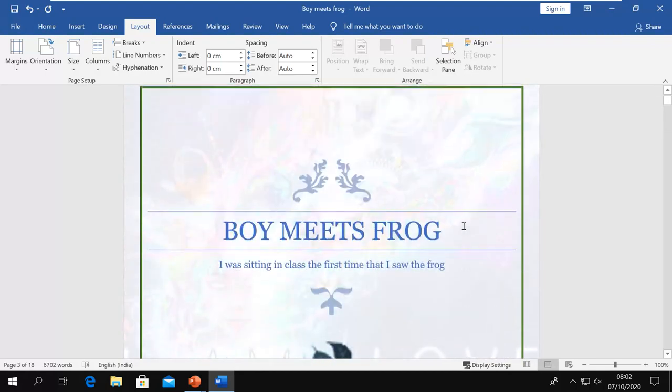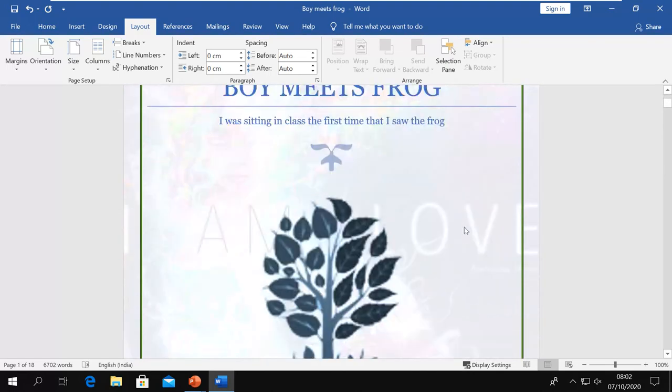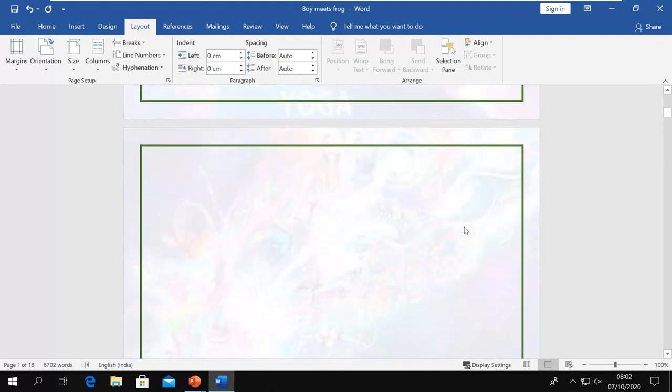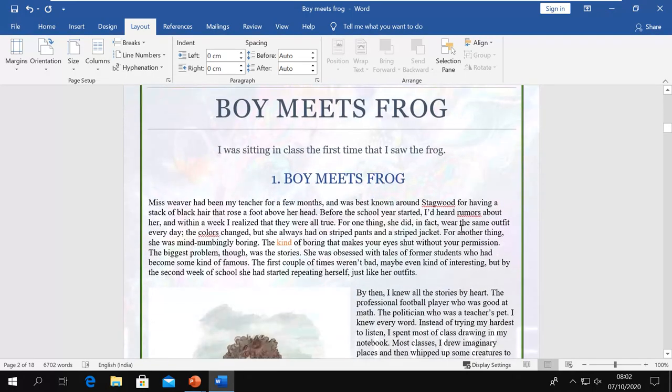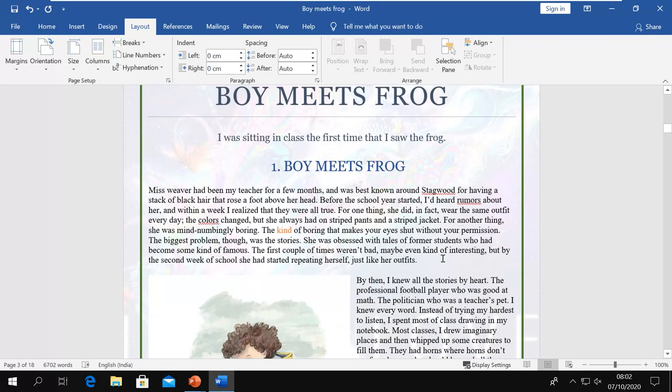So it does not affect much our existing document, so I can go with this. But if it will affect the existing document, then you should think about it, and that is why I'm saying you should create it before creating the document.